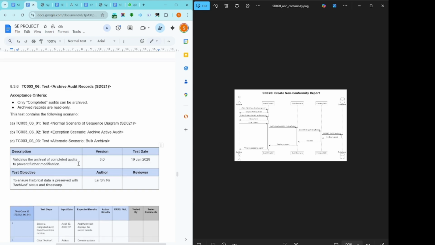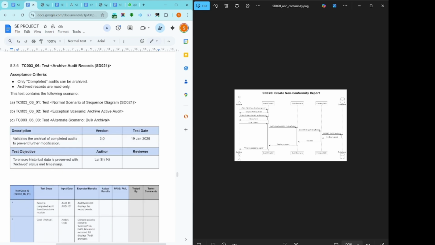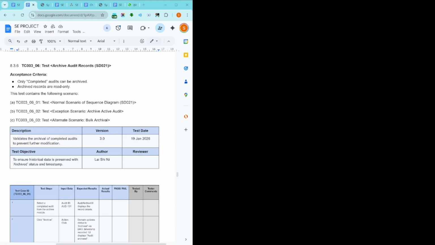The next test case is archive audit records. You can see the sequence diagram. This sequence diagram entails that the manager interacts with the audit archive UI to lock completed records. The test steps are like this. In the normal scenario, clicking